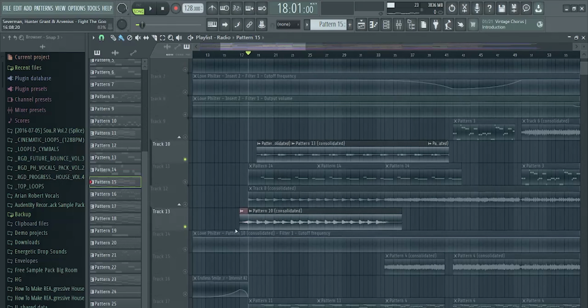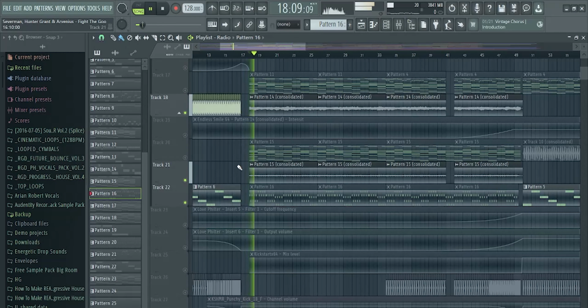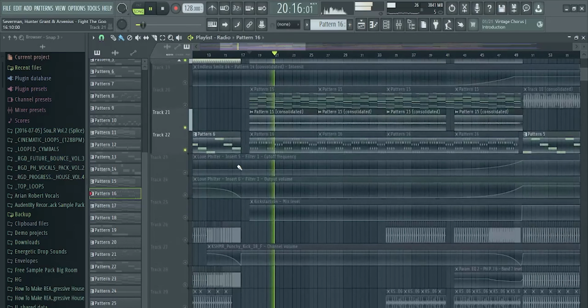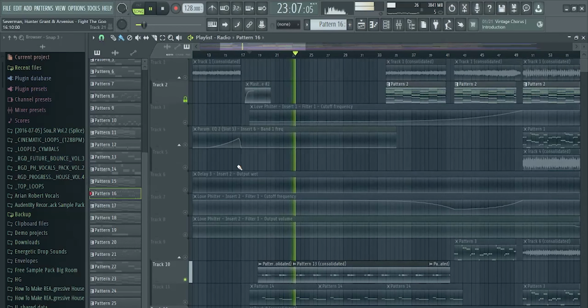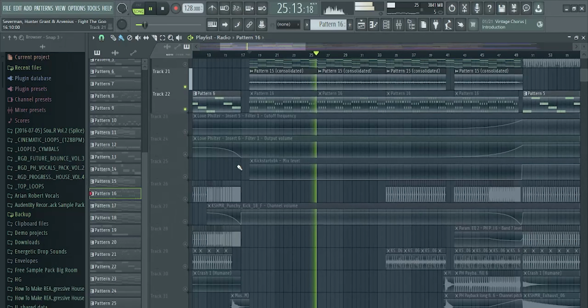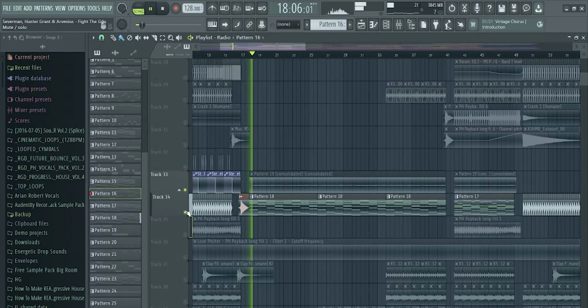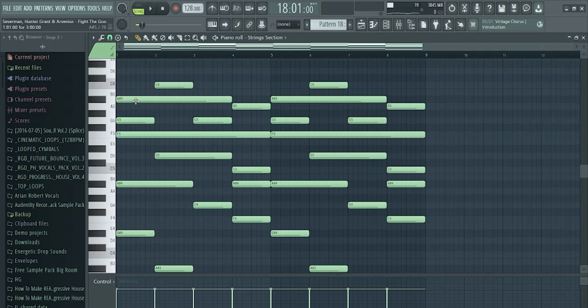What we decided to do next was we had this section. The next thing that we decided to add was this. The strings. The strings, they look like this, and why the notes are like this is because if you ever